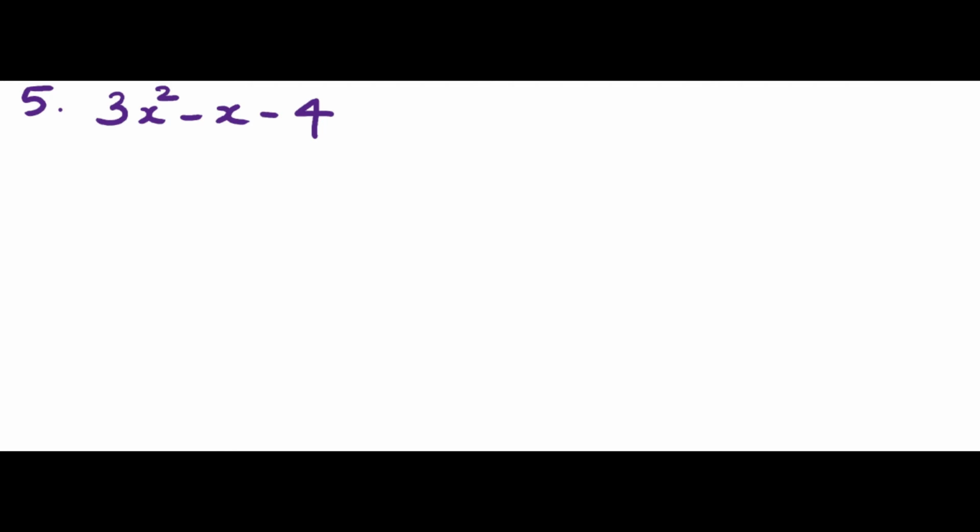Fifth question, factorize 3x square minus x minus 4. Here also your coefficient of x square is not 1. So you can go for p plus q and pq terms. p plus q is negative 1 and pq is 4, which has to be multiplied by 3. Here 4 is not 4 alone. 4 you have to take as negative 4. Negative 4 multiplied by 3, so you will get minus 12.